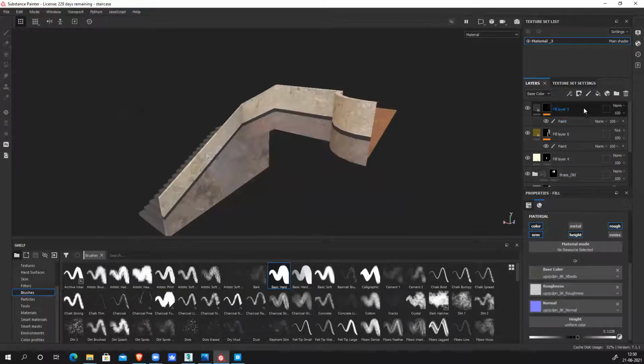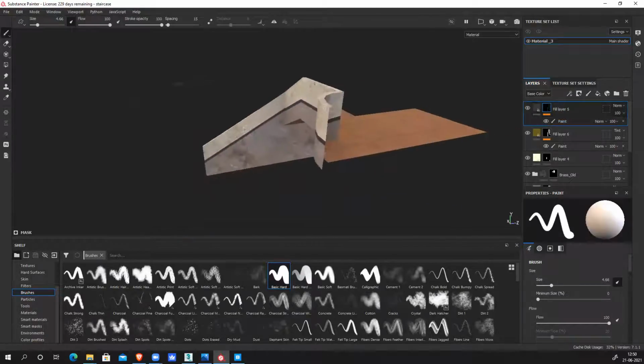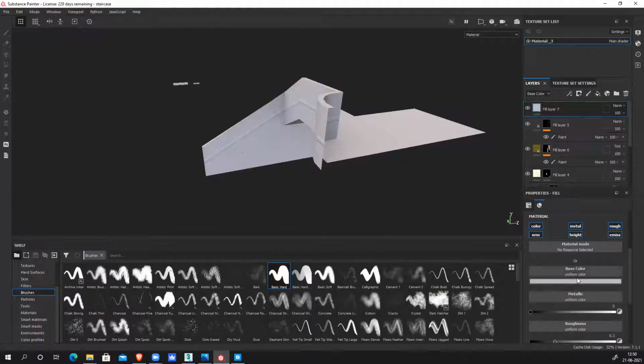Now, my basic texture is ready. Now, overall, I need to add a couple of dirt patches here and there. Add a layer, only color and roughness, nothing else. The roughness can be matte, really matte, and color.